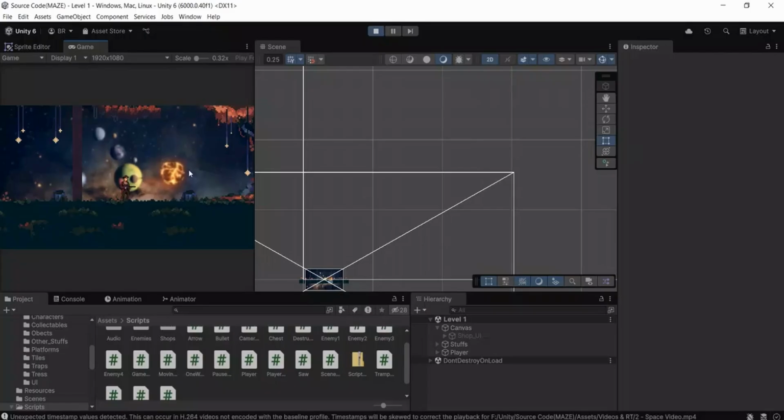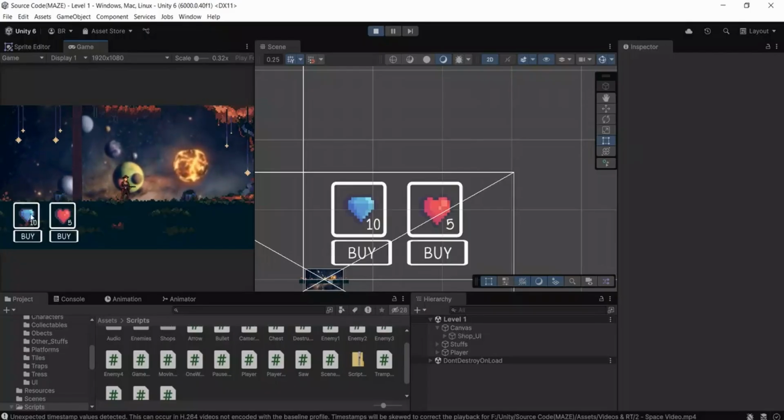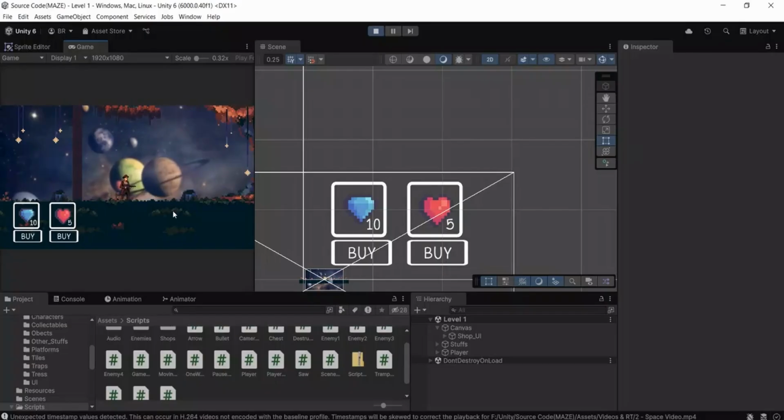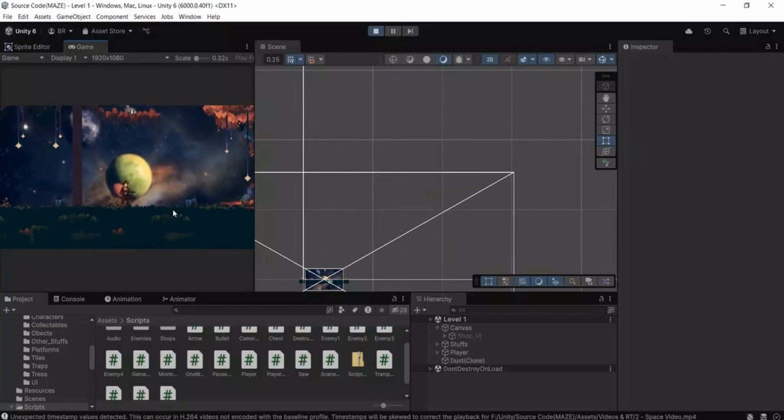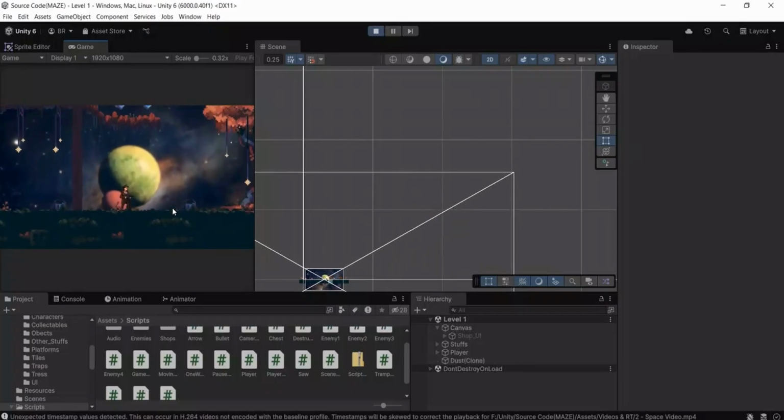Now if I click the right mouse button, you can see our shop UI gets enabled, and if we press down the space key, we can see it gets disabled. So we can enable and disable